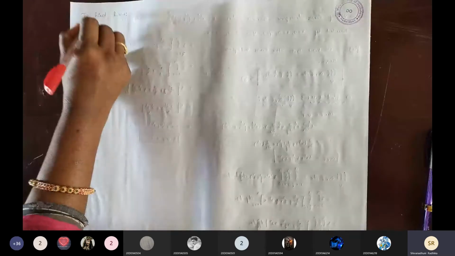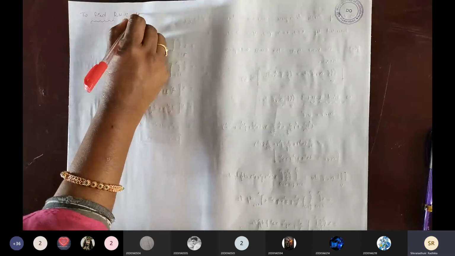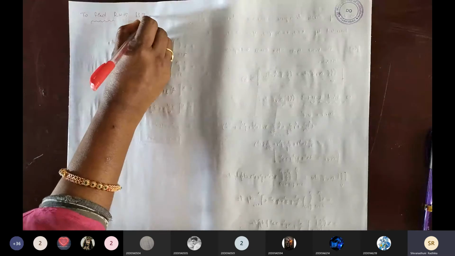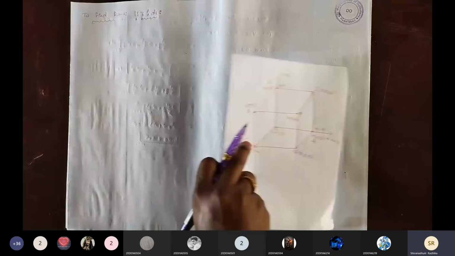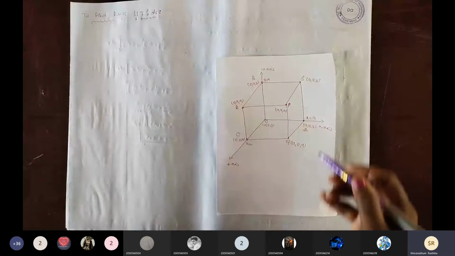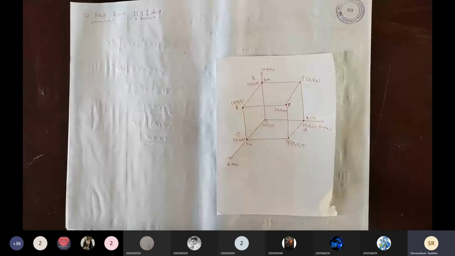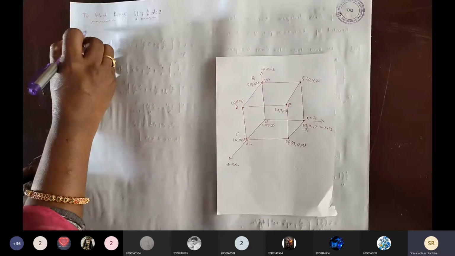Next, we are going to find the RHS. What is RHS? Double integration of S, f bar dot n cap dS. N cap is a different function, a different vector point function according to the surfaces. Okay, now see, what is the S1 surface? Tell me, ASPQ. First I am going to write the surfaces.